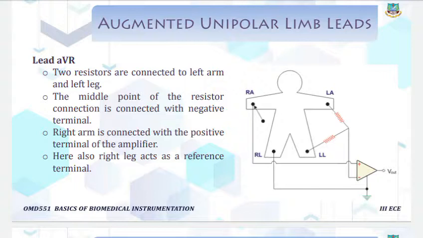So the two resistors are connected to the left arm and left leg. The middle point of the resistor connection is connected to the negative terminal, and the right arm is connected with the positive terminal of the amplifier. Here the left leg is connected to act as the reference terminal. From this we get a voltage, that is the aVR voltage,